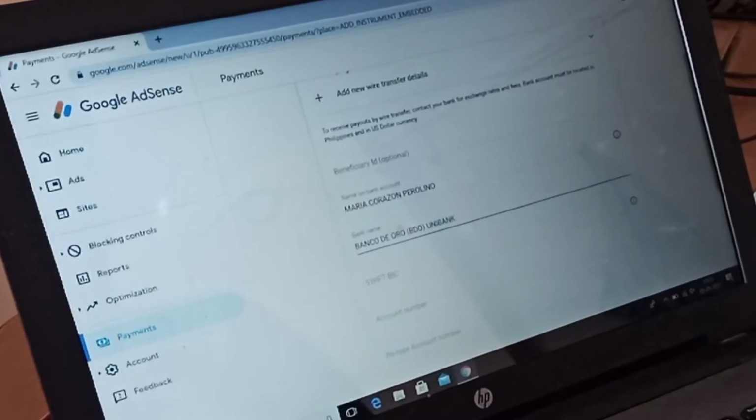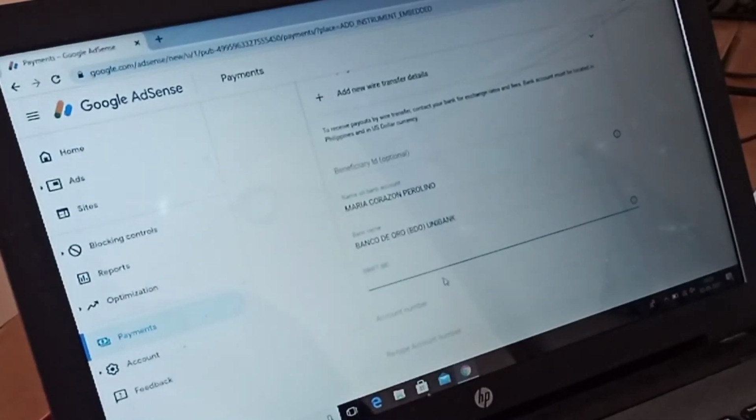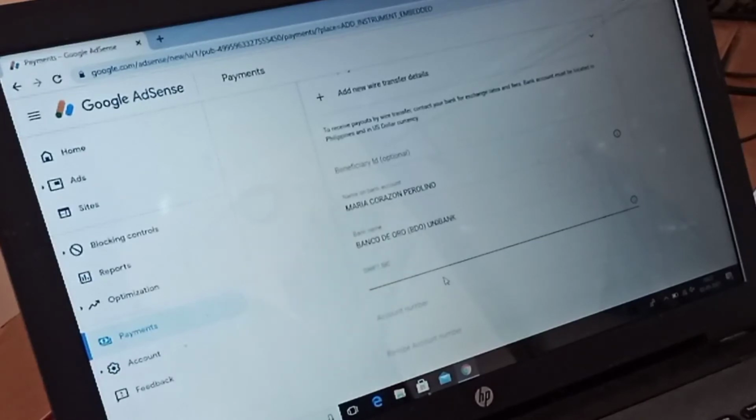Yeah, the next, this is the bank name, and this one is the Swift ID. You can easily get your Swift ID from your bank if you search in Google. There you can search for this bank, this branch, what is the Swift ID. You will get it very easily.